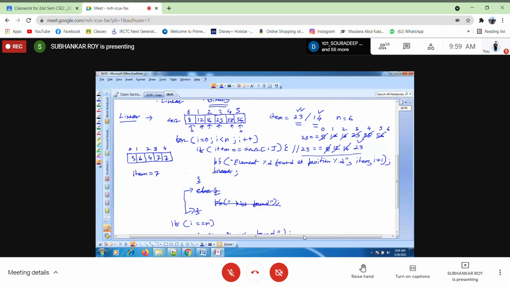So write this question: find all positions of an element in an array using linear search.